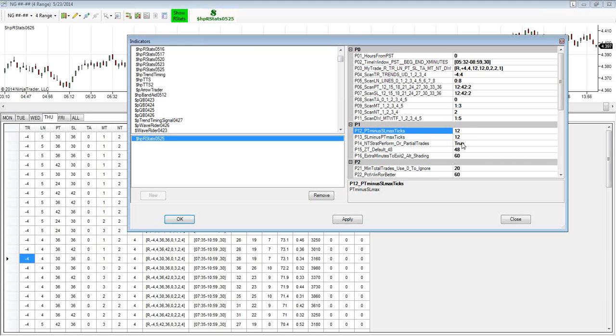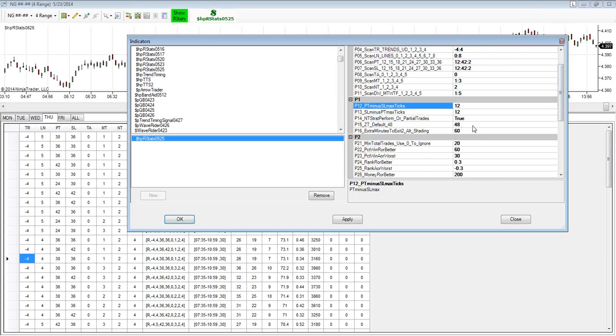This true parameter means it's going to look at partial trades because we're going out at a certain time. These are your zone ticks on the dynamic trend. It's defaulted to 48, and that's what I use. This extra minutes to exit 2 shading, you'll see there's going to be a shading that takes place in here, and that shading actually will show you what would happen, at least on the chart, if you were to wait